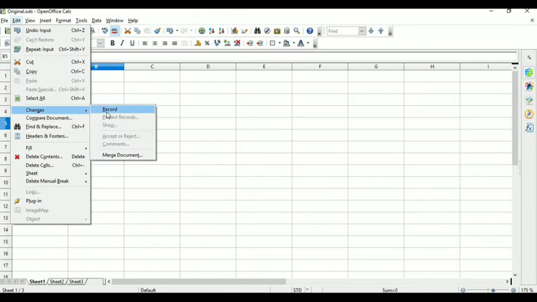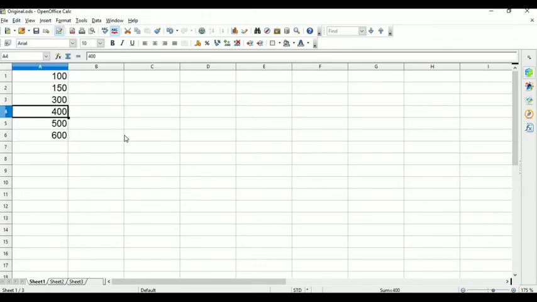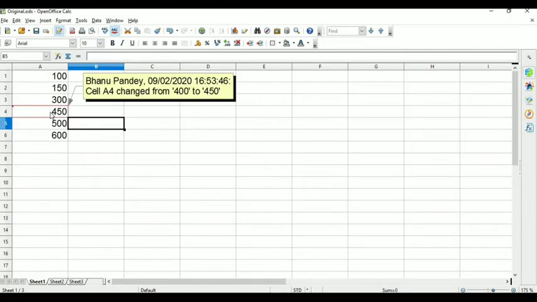Click on Changes and then select Record. Now if you change a cell value from 400 to 450, after the modification a red border will appear and one comment is written here. That means cell A4 changed from 400 to 450.